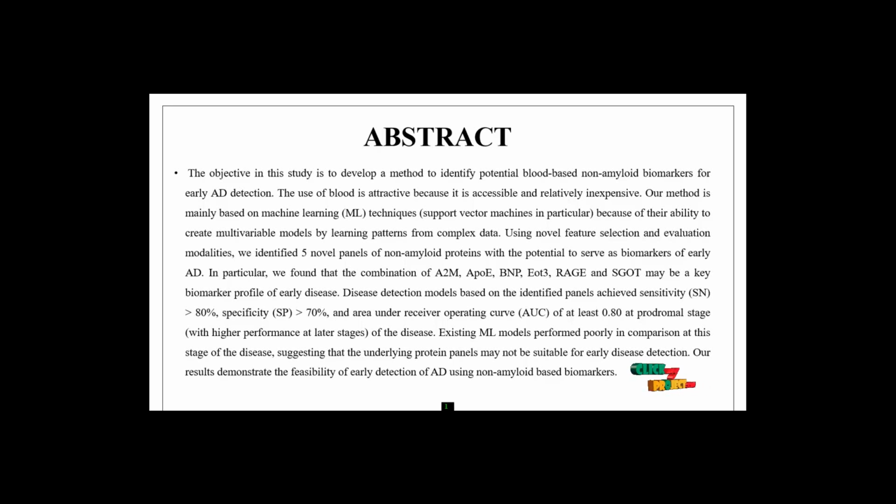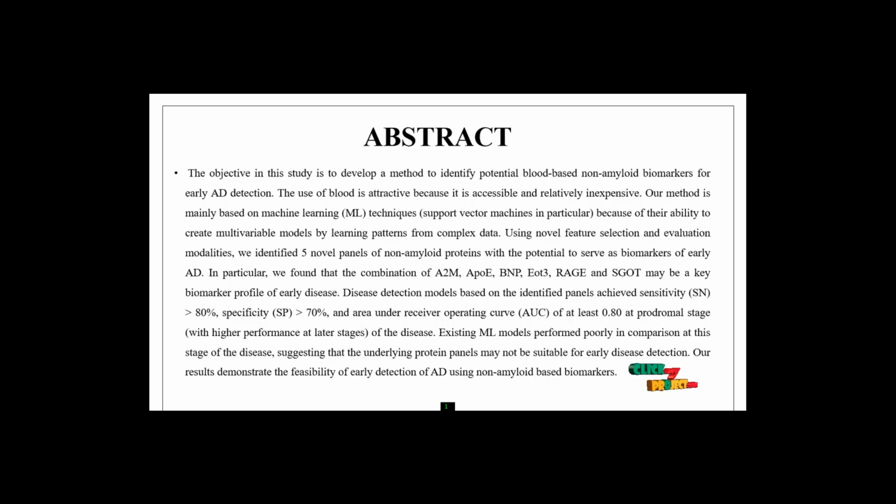In particular, we depend upon A2M, APOE, BNP, and SGOT, which may be the key biomarker profiles for early disease detection. The identified panel achieved sensitivity and area under the